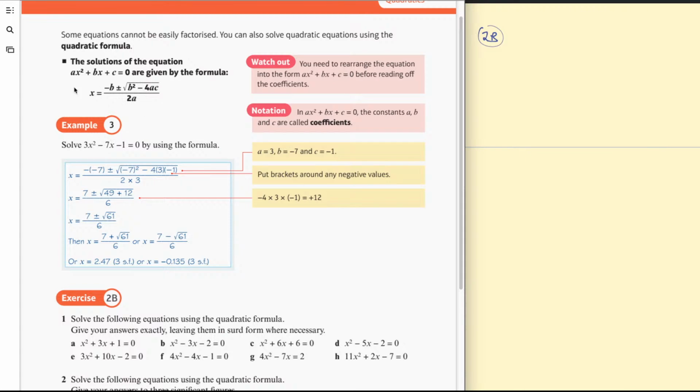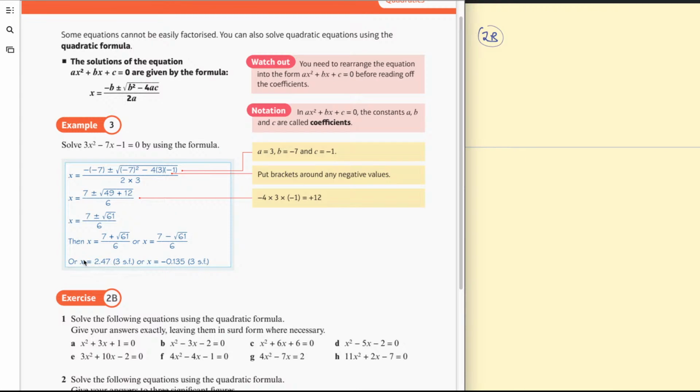So you can go ahead and use the quadratic formula, plugging in b as -7 and a as 3. You're essentially just plugging things into a formula and then solving. Notice they give the solutions finally as 7 plus root 61 on 6, or 7 take root 61 on 6,